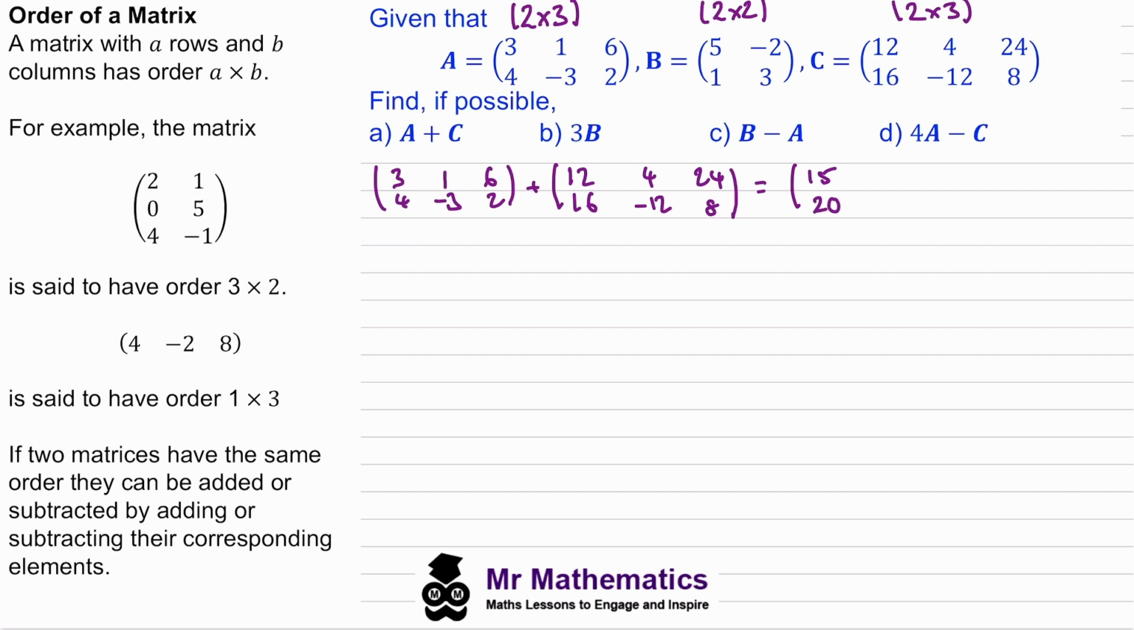The 1 plus the 4, negative 3 take away the 12, and then the 6 add the 24, and the 2 add the 8. So this would be the matrix A plus C, and you can see it keeps the same 2 by 3 order. Okay, for question B,